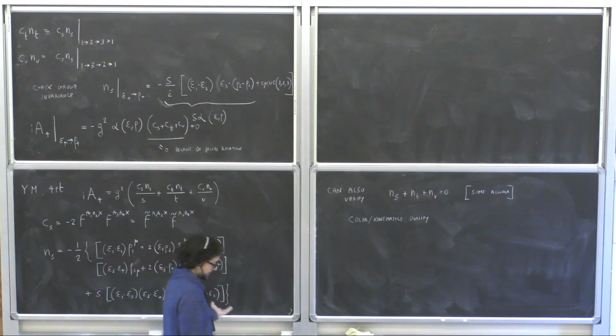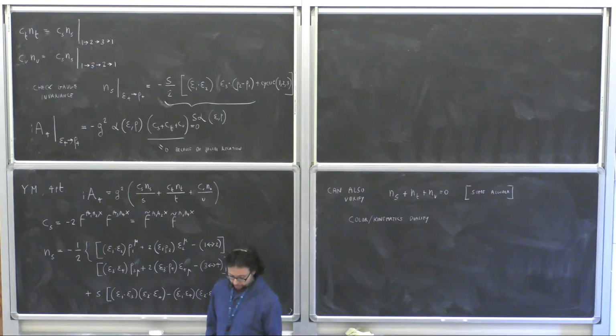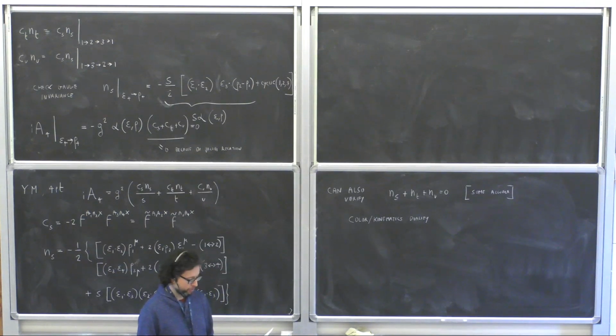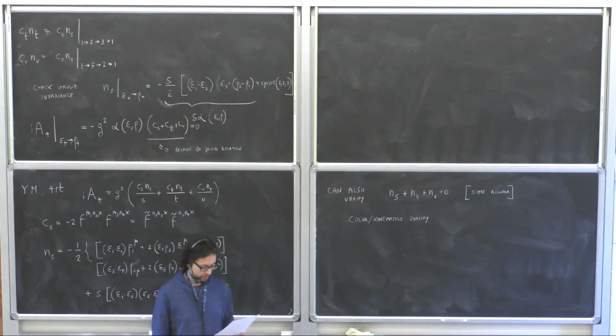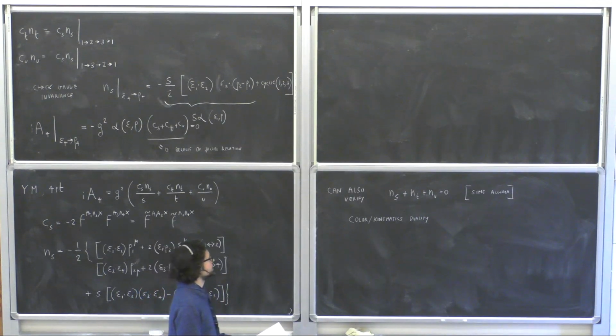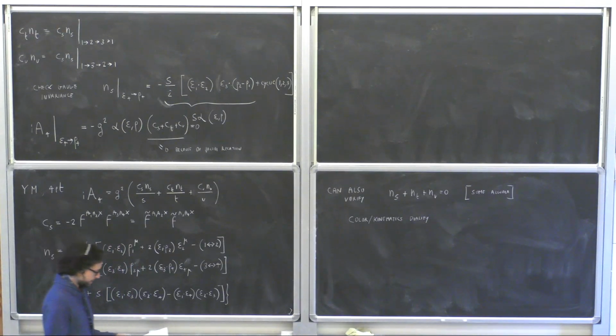from, in the simplest case at least, Jacobi relations, and also in more complicated cases from other properties of the color factors, such as, if you have matter, commutation relations of the representation matrices. Okay, so the next step